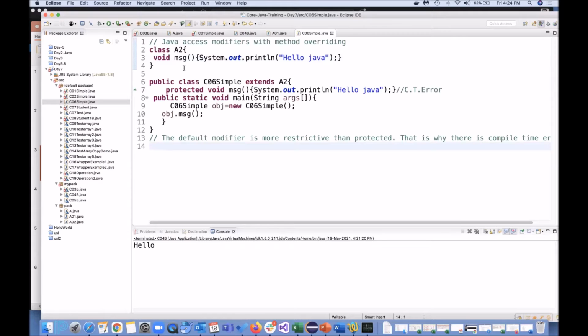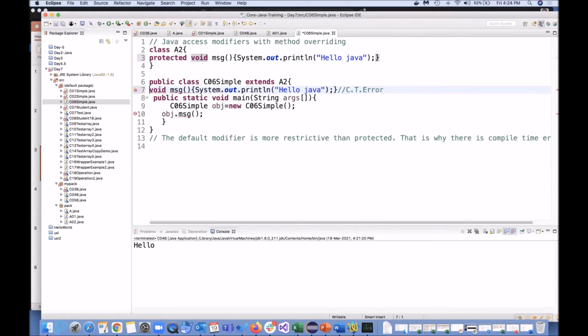Okay, let this be protected and let this be default. Save. Can you see? If in the parent it is default, in the child class you can make it protected, but vice versa is not possible. What we have seen in Java, upcasting is automatic, downcasting we need to do explicitly. Likewise here also.